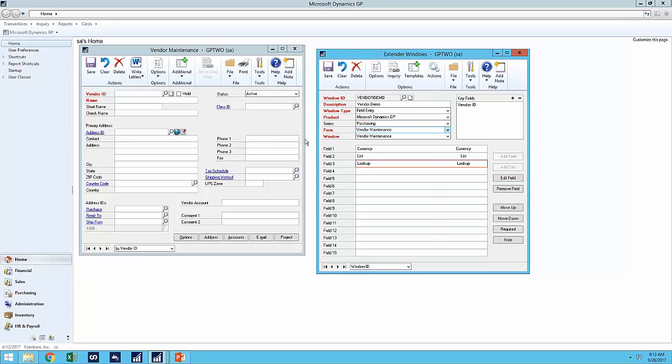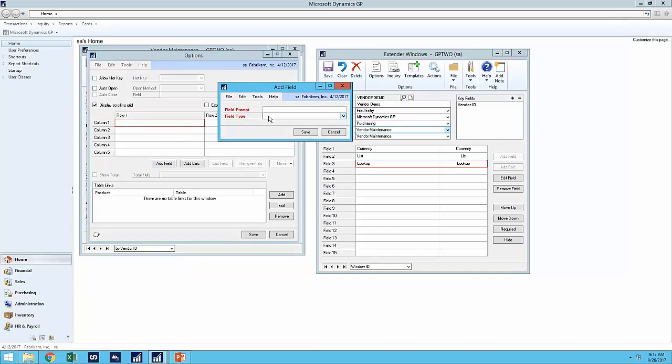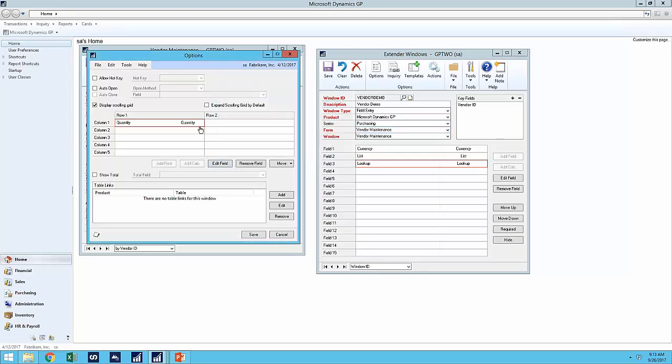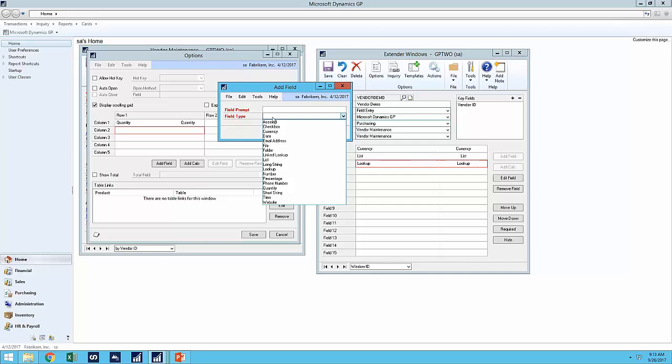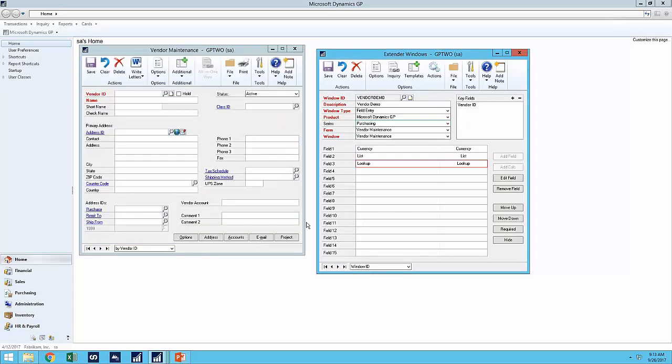Now when I did that, that was a one-to-one. We saw that on the shipping information. I could enter in one email address, one hours, all of that. We also have the option to do a scrolling grid where I can enter multiple records. So just to show you a few more types, I'm going to do a quantity. And we'll do a date. Okay, so I'm going to enter a few. So we're going to have our scrolling grid, and we're going to have our one-to-one records. So when I save this,